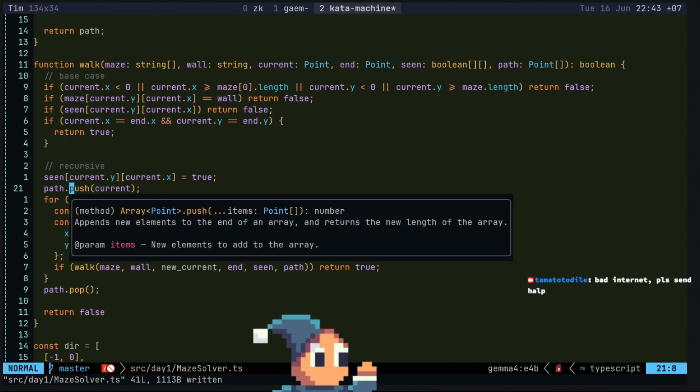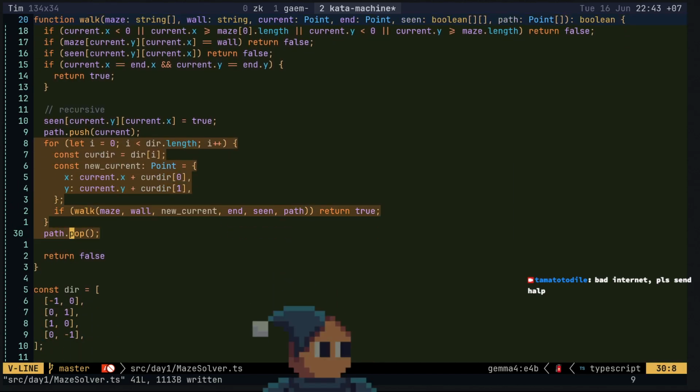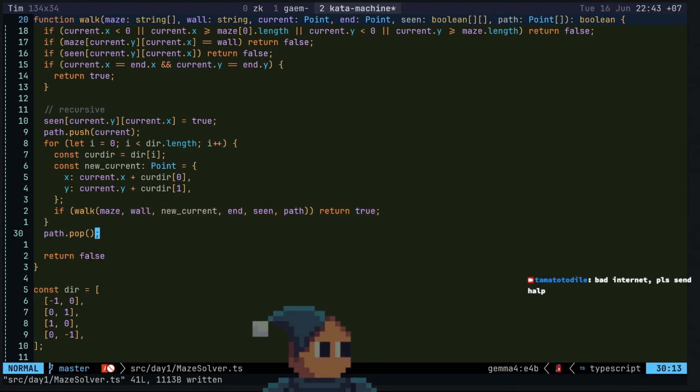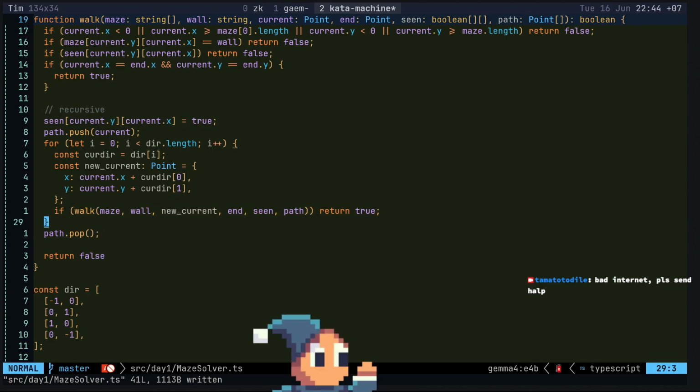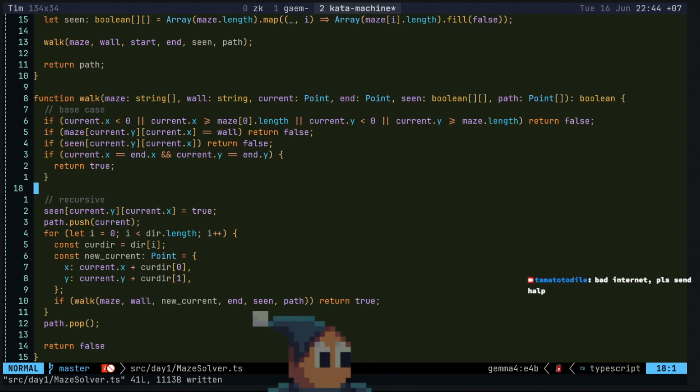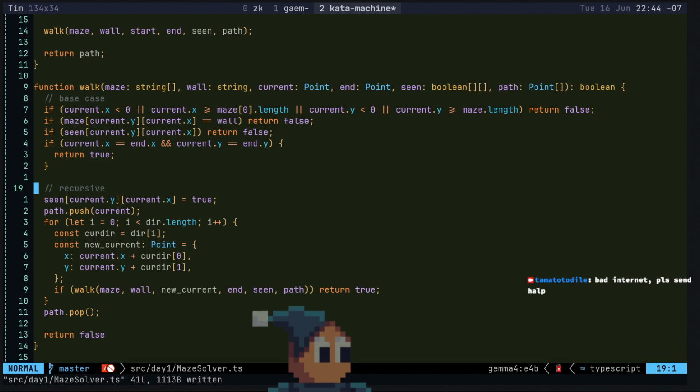We push it here, and we loop through it. We don't find anything at all. We're going to pop it, and then return false. I think that's it, maybe?